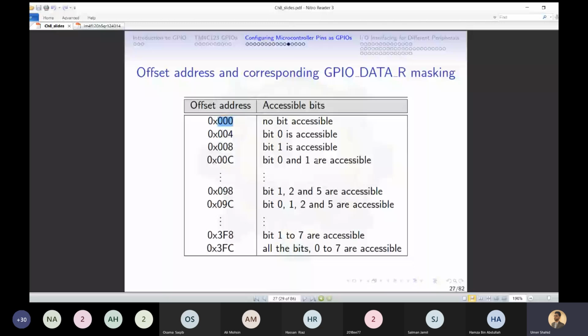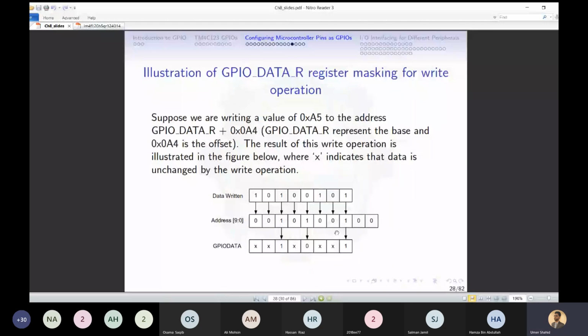And if you want to access all these bits, you have to put 1 from this location till this location everywhere. So the offset value will come out to be 1, 1, 0, 0. This is C. Then 1, 1. This is F. So F will be triggered over here. And 1, 1, this is 3. So if you add F, C inside your base address, then all the bits will be